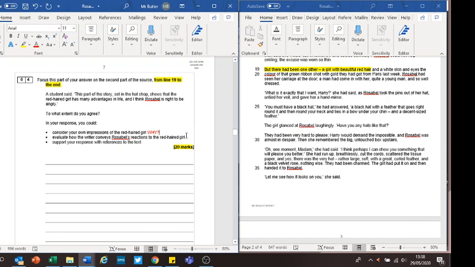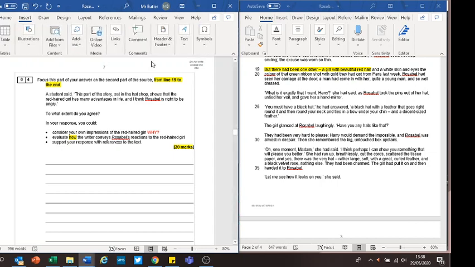And their answer is always the same. It's question 4 at the end of the reading paper. It's meant to be hard, so that students have to work it out. It's part of the reading skill. Evaluate how. Now the how bit is important. How the writer conveys a reaction, support your response. So what they're actually talking about with the how is